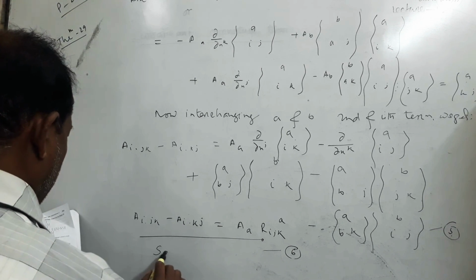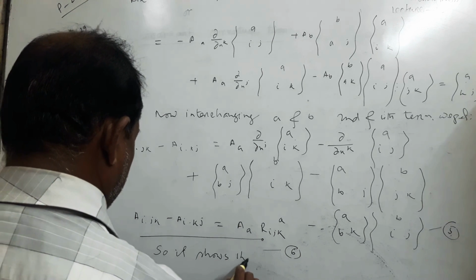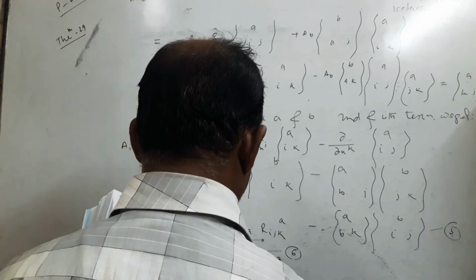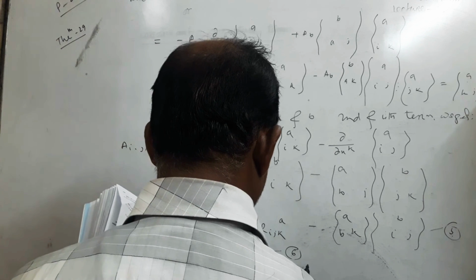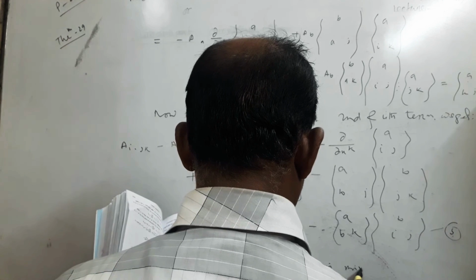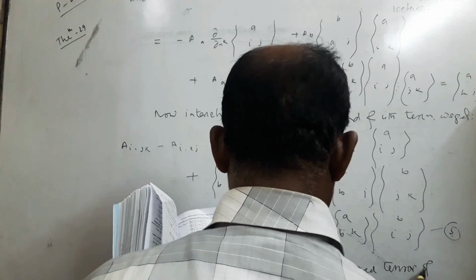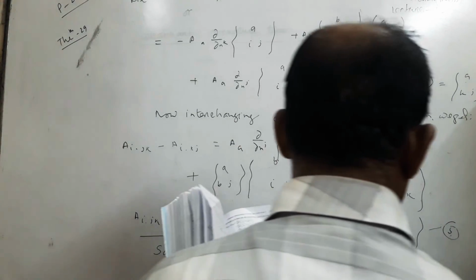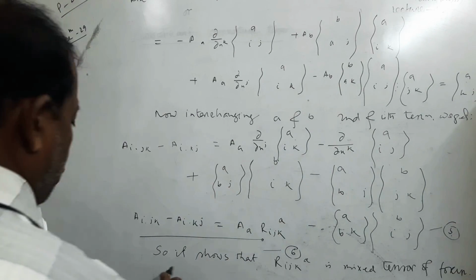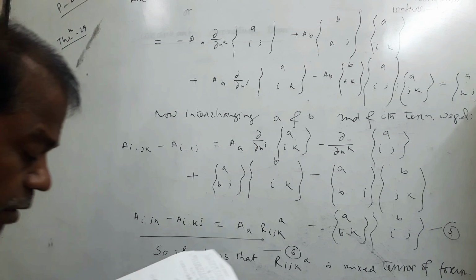So it shows that R I J K A is a mixed tensor of rank 4